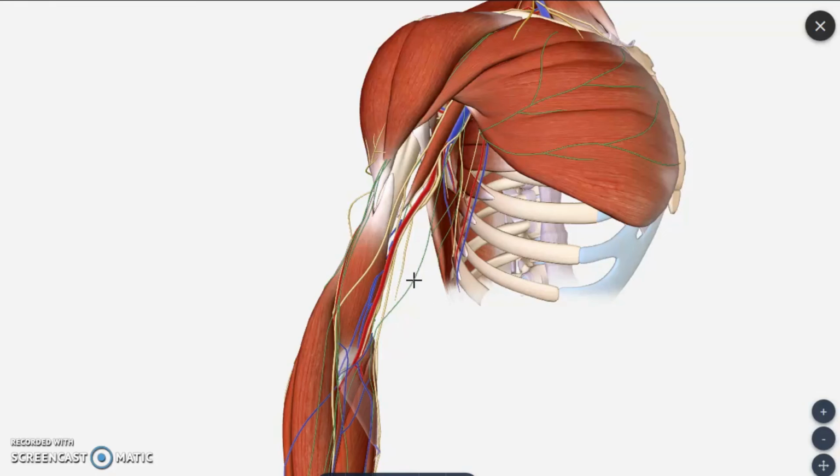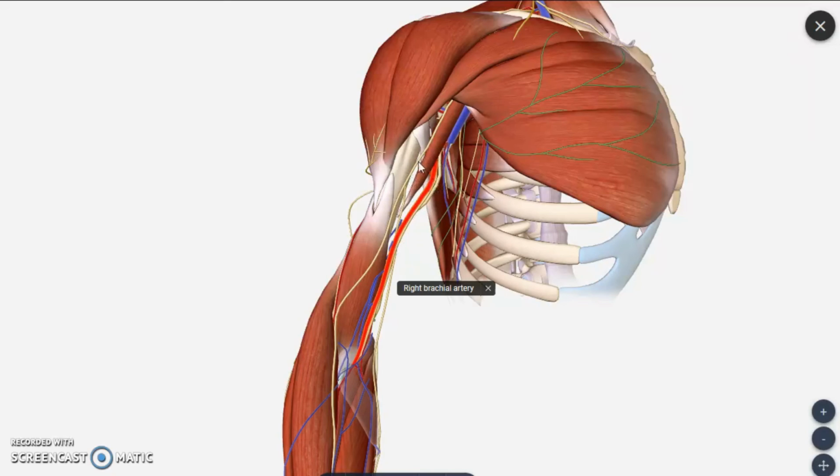So here what you are seeing is the red colored vessel. The red colored structure you are seeing here is the brachial artery. So if you are making out, this artery is nothing but the brachial artery. The relation you can make out clearly from the axilla. It is passing towards the middle of the arm, then after it is reaching the lower part, that is in front of the elbow joint. So here first it is present medially in the axilla region.